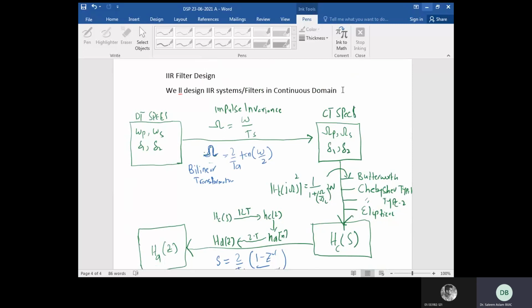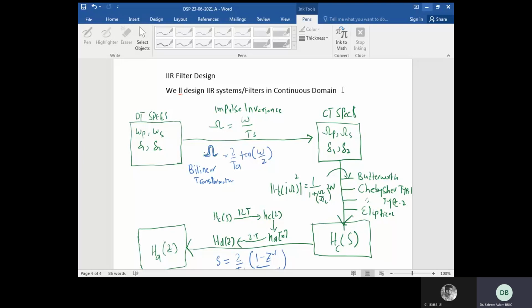If you see this diagram, there are four blocks, and these four blocks are more than enough to understand the entire process behind IIR filter design. If you read the first six pages of chapter number 7, Oppenheim explained these four steps. That is basically the text representation, but I think it's easier to understand things in pictorial form. So let me relate one example with it to clarify the concept.